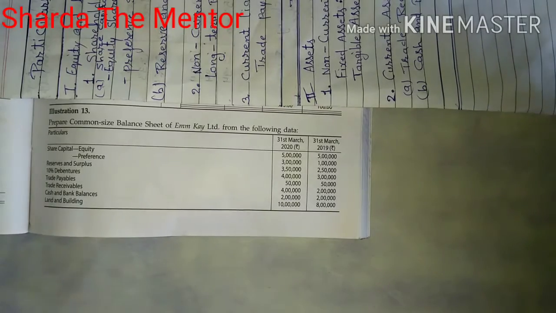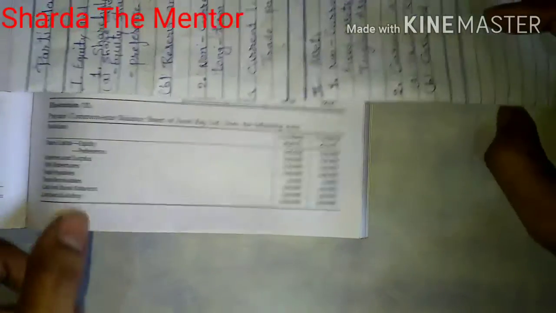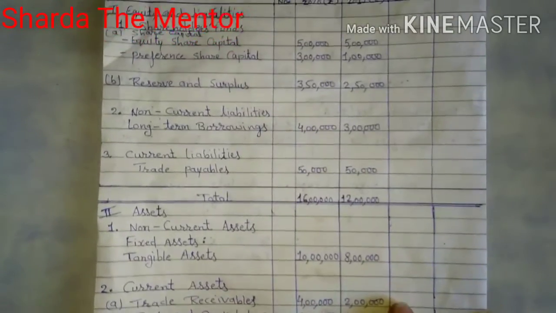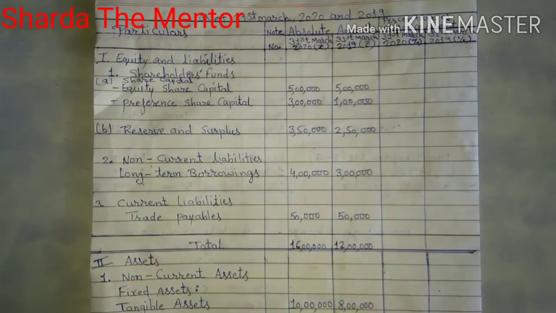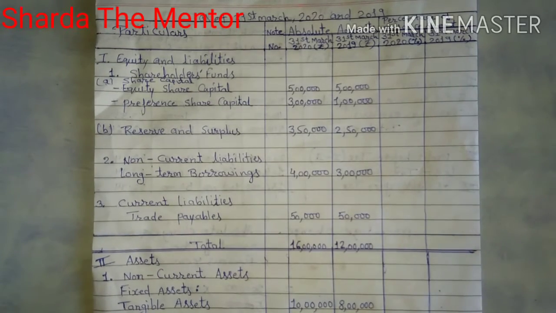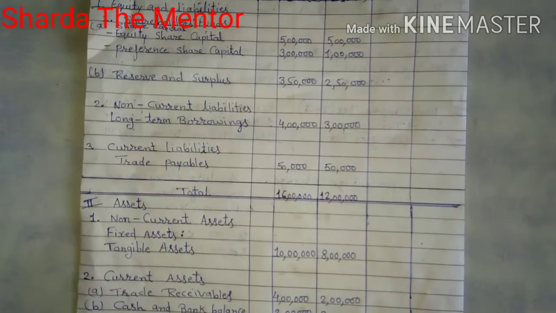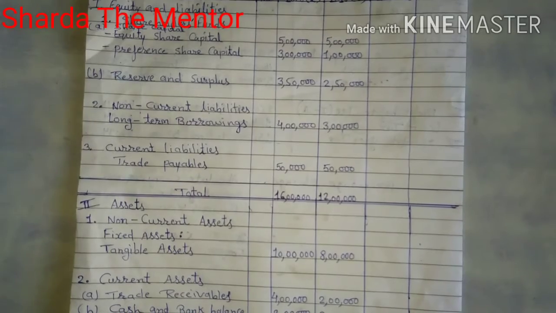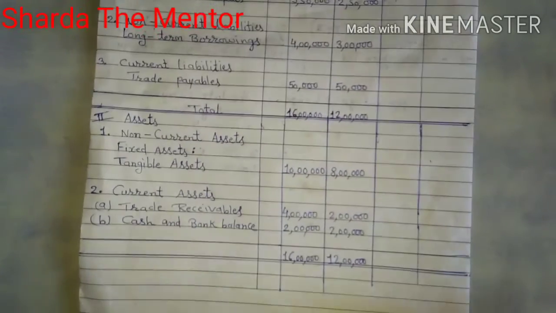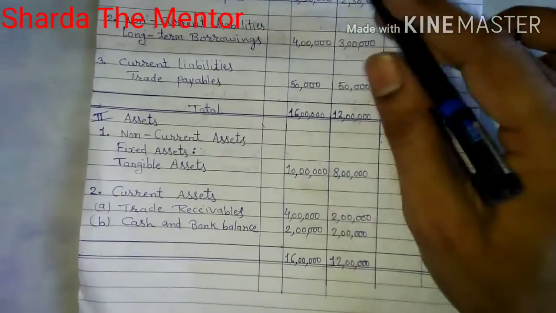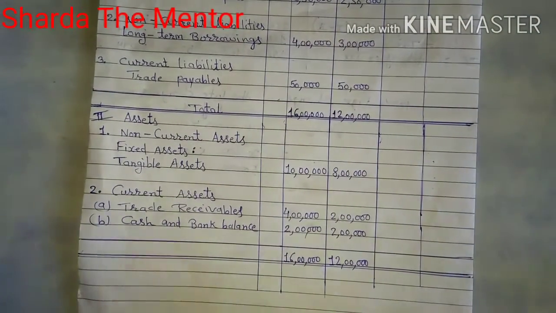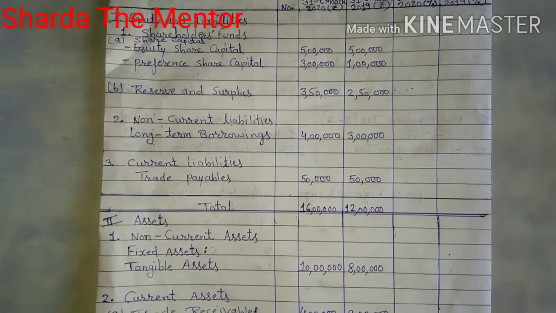It is not necessary that all the time you will get the same thing. So that is the first thing you have to do. You have to just copy all the numbers that we have done earlier. That is the format of your common size balance sheet. I have copied all the terms that I have mentioned. When we prepare the common size balance sheet, the first thing is to copy whatever numbers are given. The format will be the same, and no change will be there.